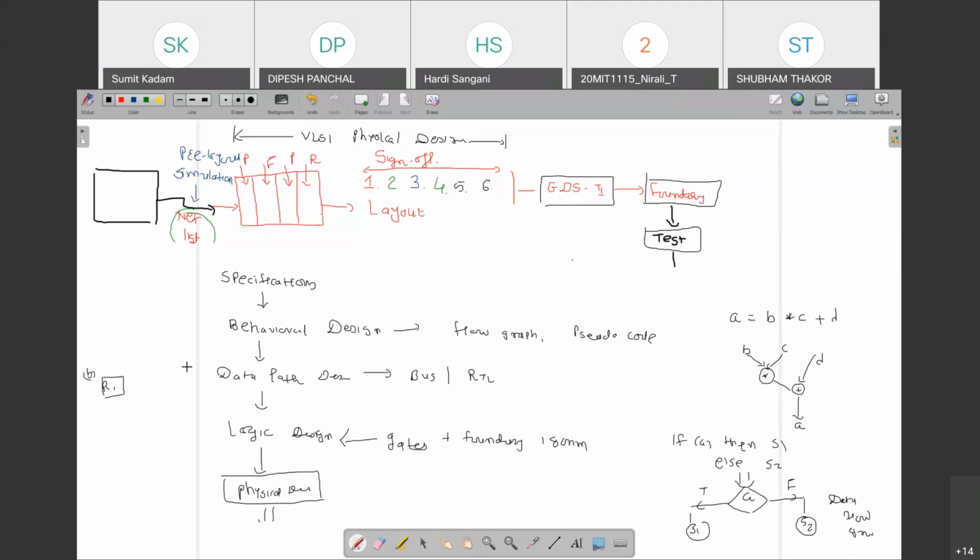You store some variable C in register R2. Then you have some multiplier function, because our requirement is B cross C. So here is a multiplier function, and you have register R3 where you store the result,